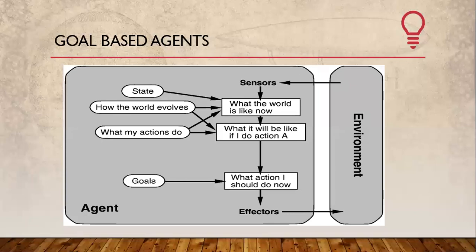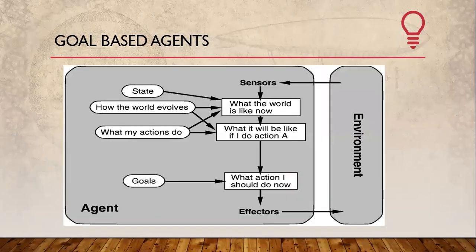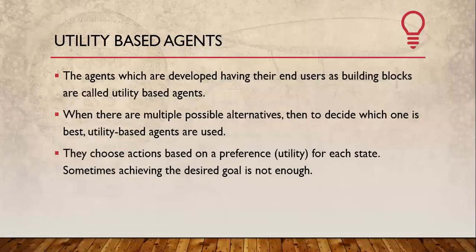So here again students, if we talk about goal based agents, they are very clear that every action should be nearer to the goal. To do that, they require planning, they require searching, and every time they will come up with multiple possibilities of action, and whichever action is nearest to the goal, they are going to use it and give it back to the environment. So this is how goal based agents work. Okay, fine. Moving forward,